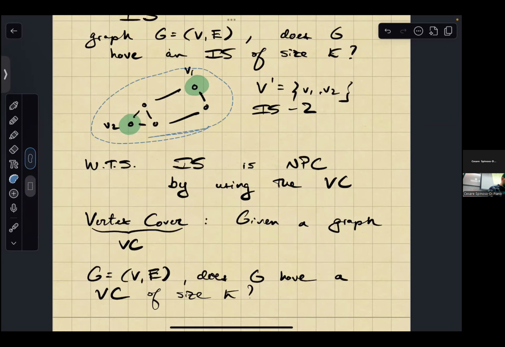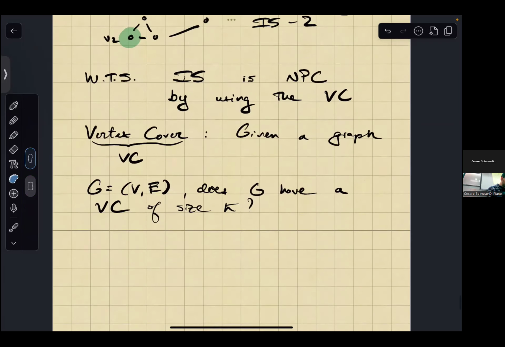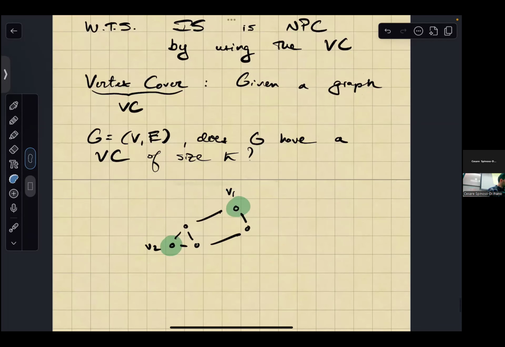Let me take the same graph and paste it here. So a vertex cover is again a set of vertices, but now it's a set of vertices which should cover all of the edges in my graph. So if I take all of the vertices together, I should be able to cover all of the edges in my graph. Every edge should be connected to at least one of the vertices in the subset of V. So for instance, one vertex cover here could be maybe these 3 vertices,